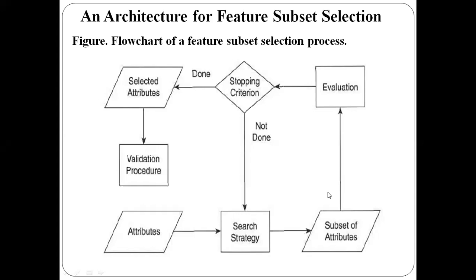Okay, so this evaluation step is an integral part of the search strategy. Both the evaluation and the search strategy will be placed together in the architecture, present as an integral part. This search strategy is going to require an evaluation measure in order to determine the goodness of a subset of attributes or features. You need to say that whatever subset of features you have selected is good, and in order to say that, you need one metric.